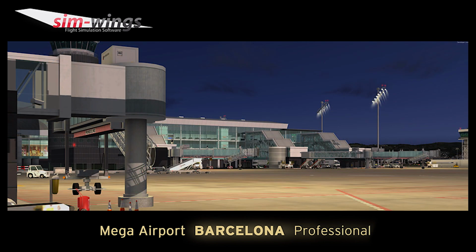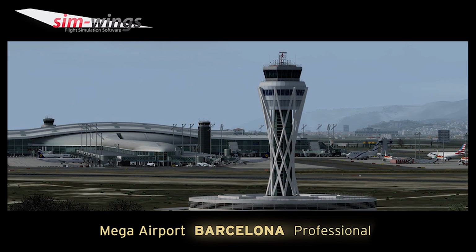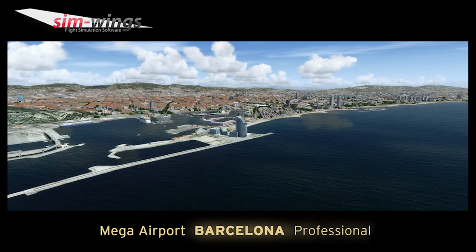Next up, Aerosoft's Mega Airport Barcelona Professional. Aerosoft's Mega Airport Barcelona Professional features Spain's second largest airport after Madrid and the 10th largest airport in Europe. The scenery package includes high-res aerial footage covering 4,200 square kilometers of scenery, including the city itself. The Pro in the product name means that this is for Prepared version 4 only, and so it has features